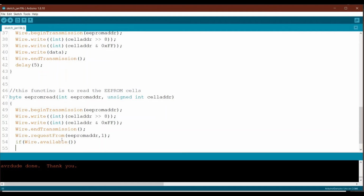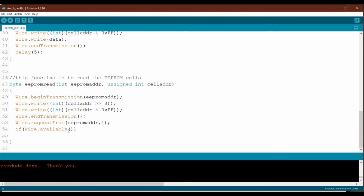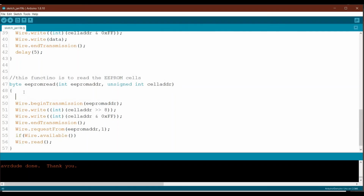If available, what we will do? We will read the data. Wire.read. But when we read this data, we store it where? So we need a storage, we need a variable. So we define here byte